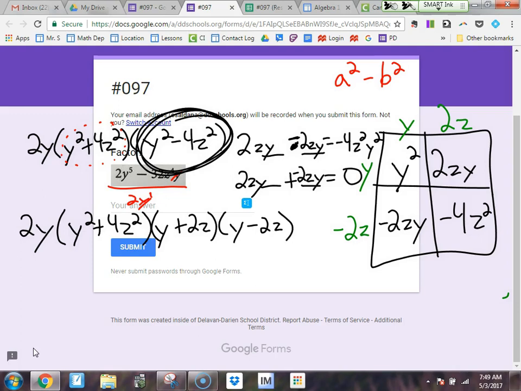Definitely a problem that was a little tricky. It continued to be factored all the way down. We had a lot involved here. We had the GCF. We had 2 different boxes. And we had that middle term. You're going to notice in this section, in this objective, that middle term is actually